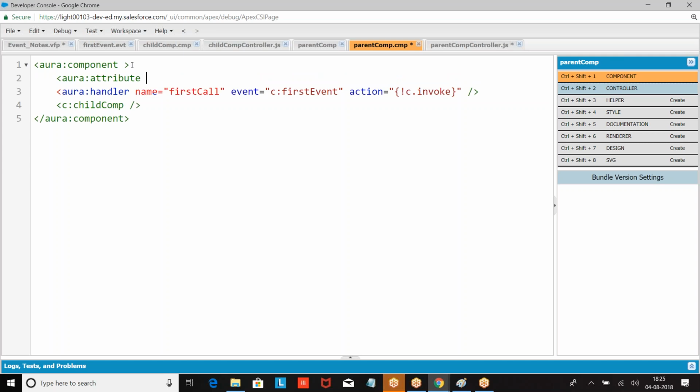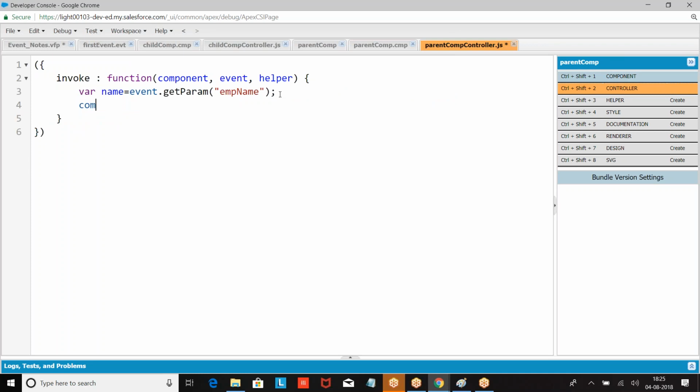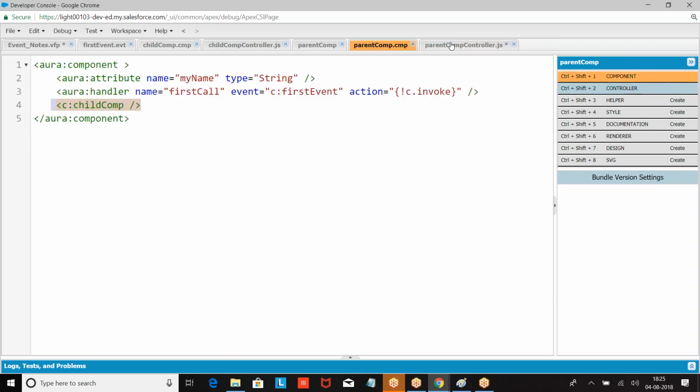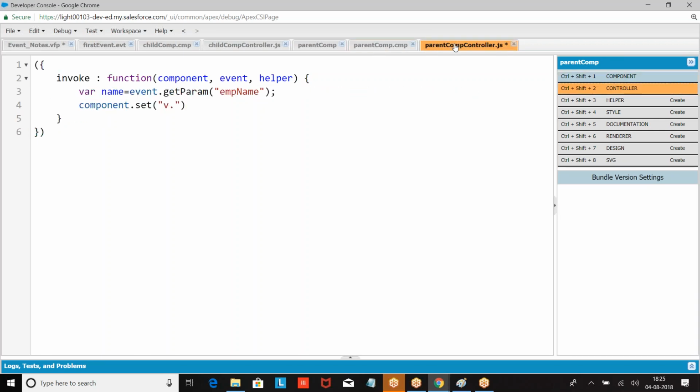Aura attribute, name equal to. Now the child component is a child of this component, right? So what I was doing here, what is the attribute name I gave? My name. To cross check, what I will do, I'll give